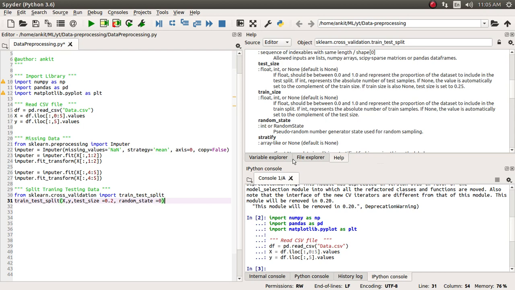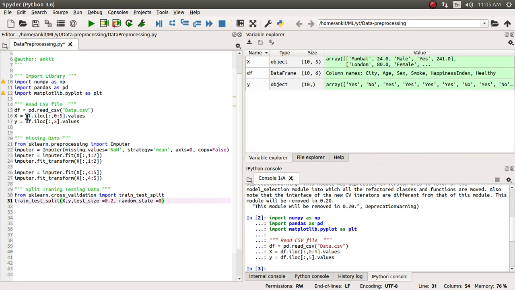Okay, so before that we have already created this data. Let's just see this data. df is the full data frame object we created in the earlier class, and X is nothing but our input data including all records. There are a total of 10 records and 5 columns, and for y, 10 records and 1 column. Now we want to split this X and y into training and testing phases.